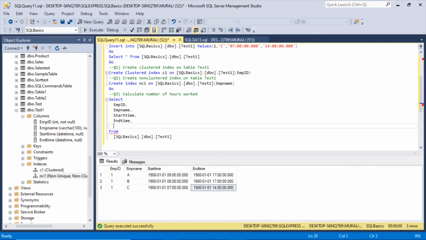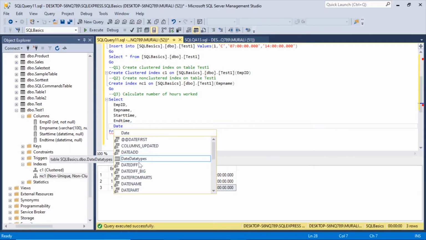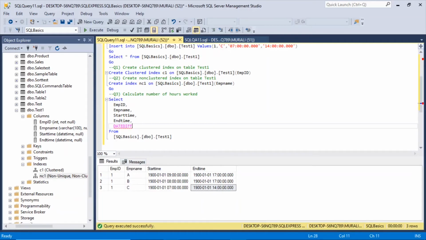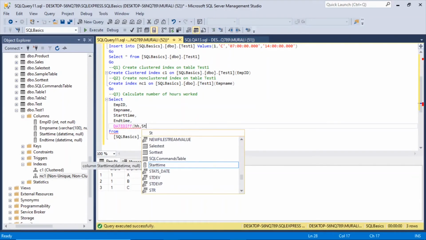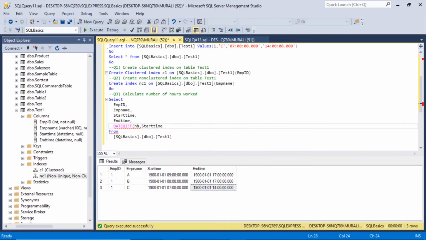For that we use datediff, and we want the interval. To datediff, we want the interval as HH, that is HH means hours, and we'll have the start time and end time. We make it as hours. If I execute this now,